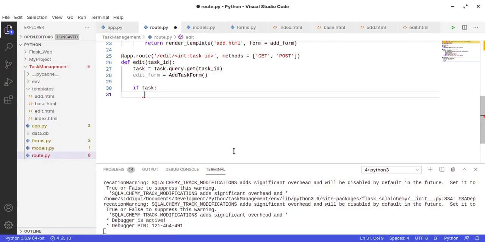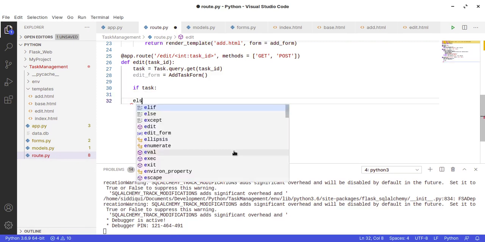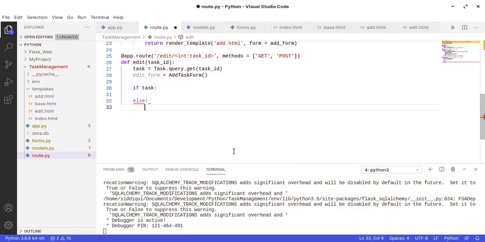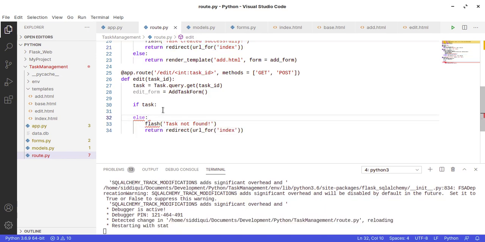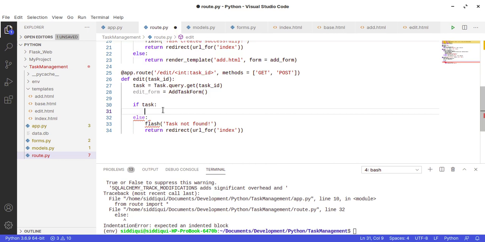So that's why we do it. If the task exists, then we do something, but else, I will code the else first. If the task doesn't exist, then we just flash a message, task not found. Don't worry about this error, we will fix it. I am just going to explain how it works, and then we just redirect to the main. Okay, if the task is found, then what we are going to do is we will see whether